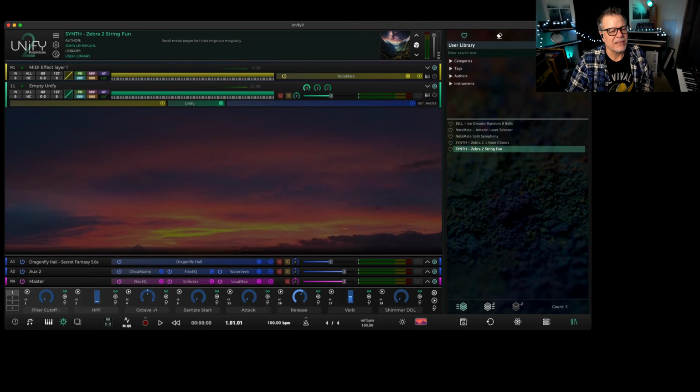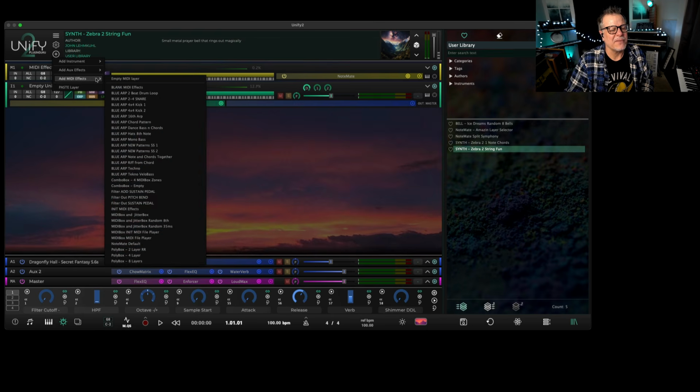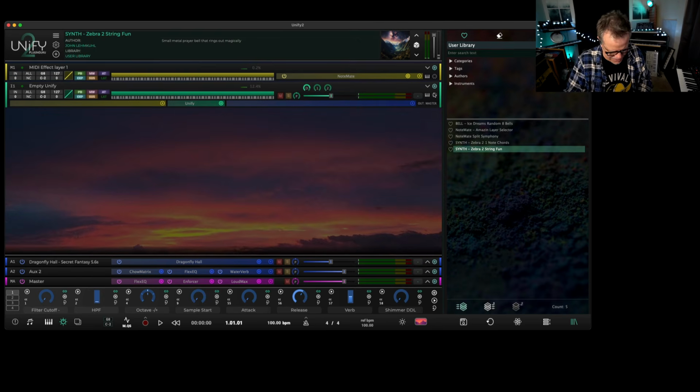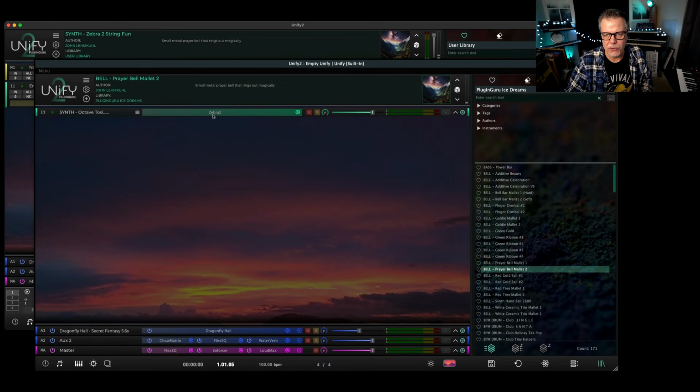So now in my plus list, if I go over here to add my MIDI effects, if I go down here to N, there's a NoteMate default, which I could add. I have one already, so I don't need another one. Now, it's not currently talking to this layer below it because I haven't connected it. So let's go up here to the MIDI effect and name it so I can make sure that NoteMate is recognized. So when I go to this layer that has this Unify embedded layer that has Zebra 2 patch in it,